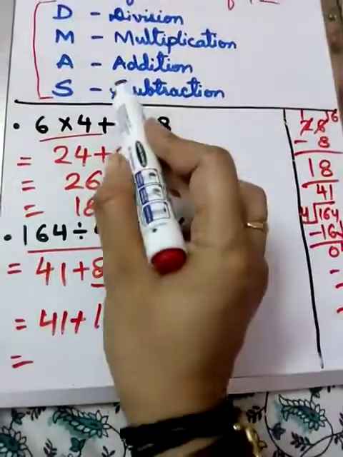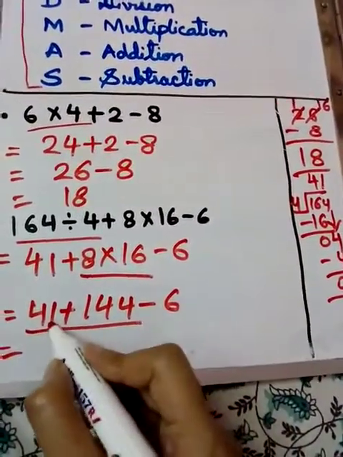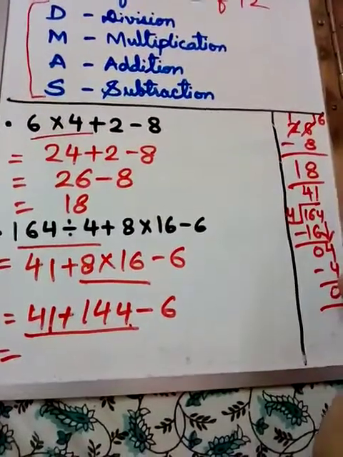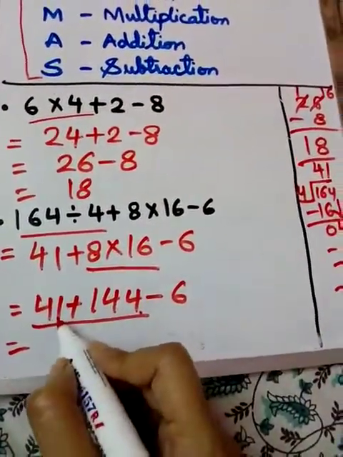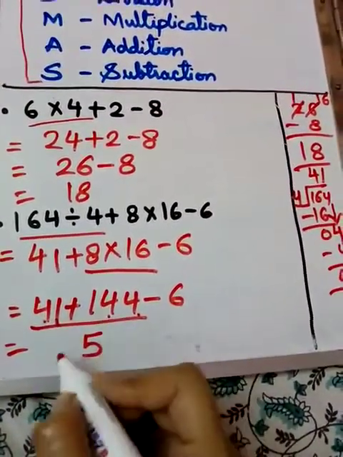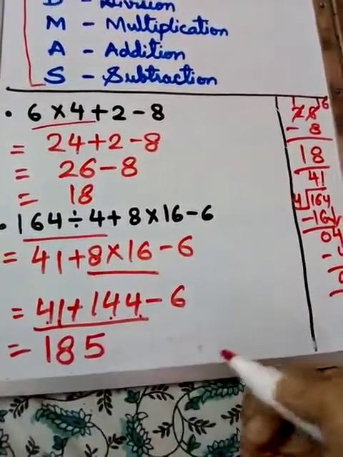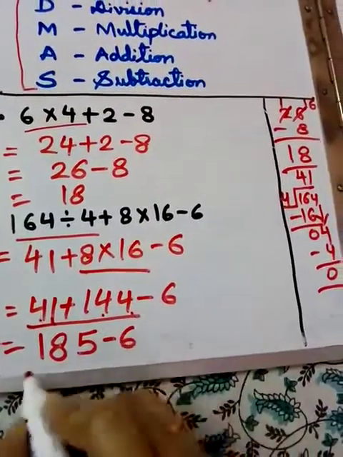After multiplication, you see addition. Which two numbers are adding? These two numbers. So add ones with ones place. If you wish, you can use your rough and side column, no problem, but I wish to do it directly. Look at the ones: 4 ones becomes 5, 4 tens becomes 8, and the remainder is 100. 185 is the sum. What remains?